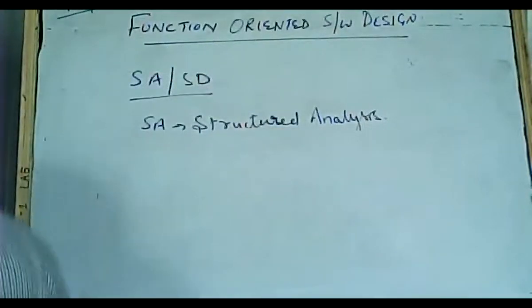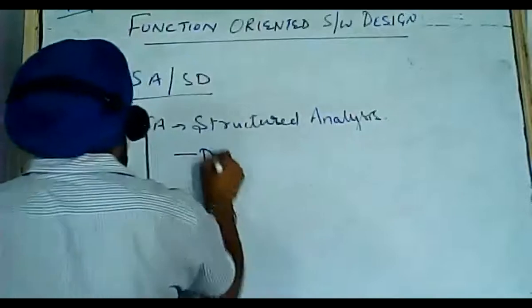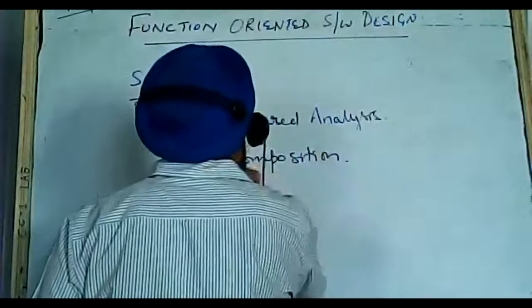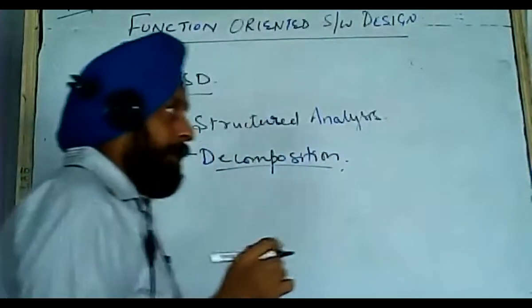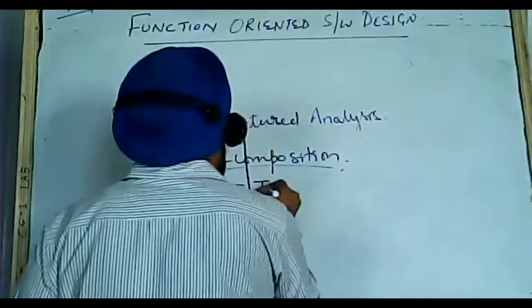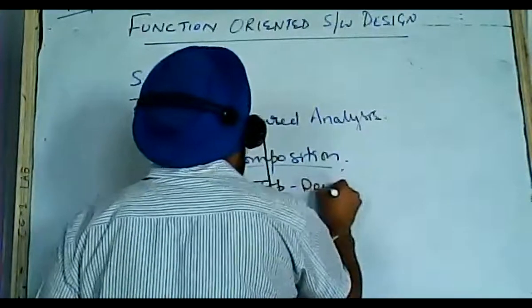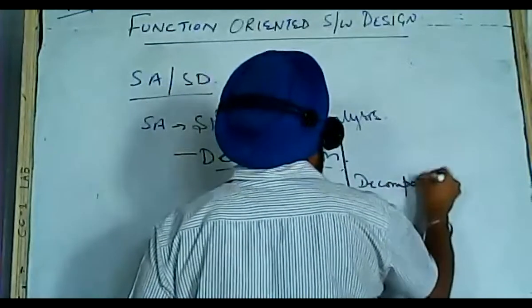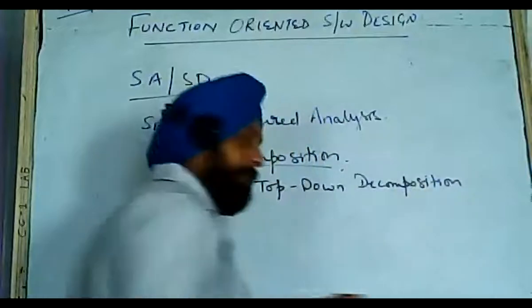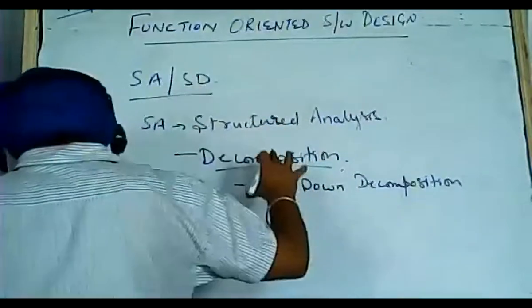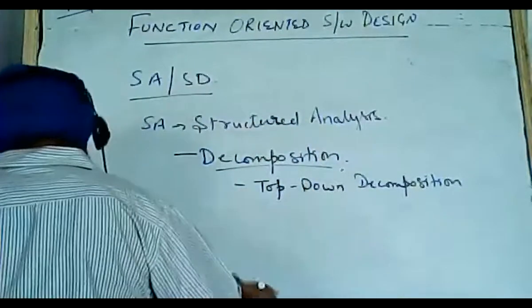So I will just write this down. What approach is followed? It is a decomposition approach. The decomposition approach is modularity, the concept of modularity. And what type of decomposition is done? It is top-down decomposition. This decomposition is top-down, meaning the higher module is at the top, then we make the sub functions, that is, the sub modules.